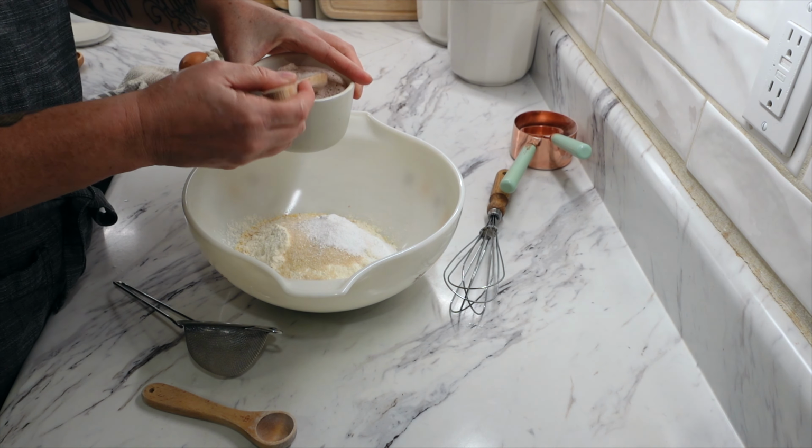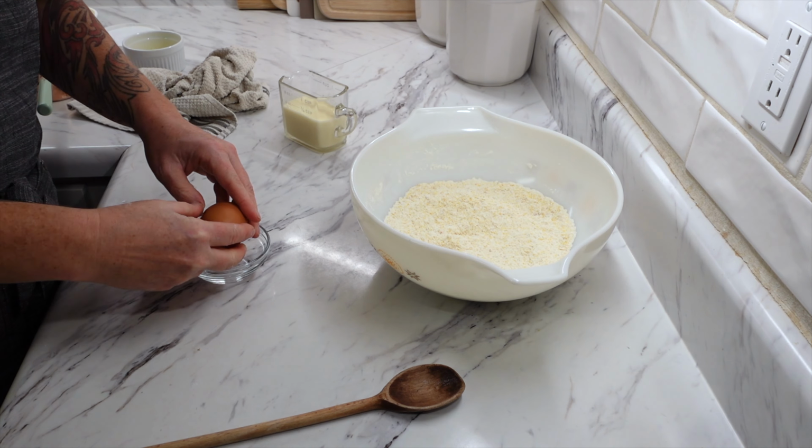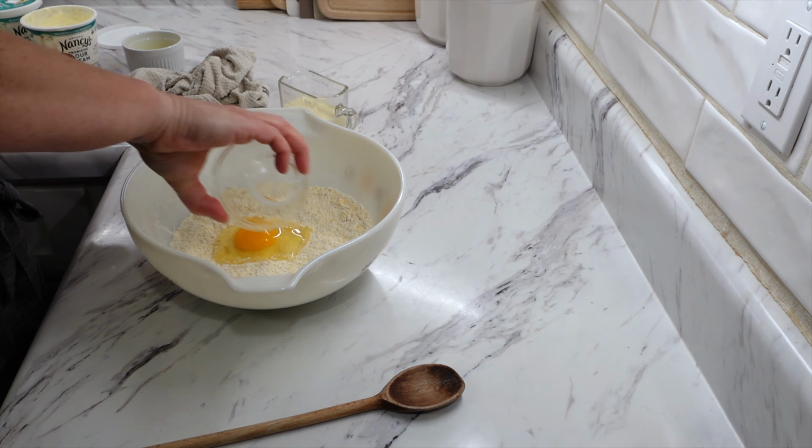So I have my oven preheated at 400 degrees, and I put in my cast iron skillet. It's an 8-inch cast iron skillet. You can also use a cake pan for this if you would like. I just put a little bit of butter in it to melt it and get that cast iron good and hot. So to a large mixing bowl, we are going to whisk together 3/4 cup of cornmeal,